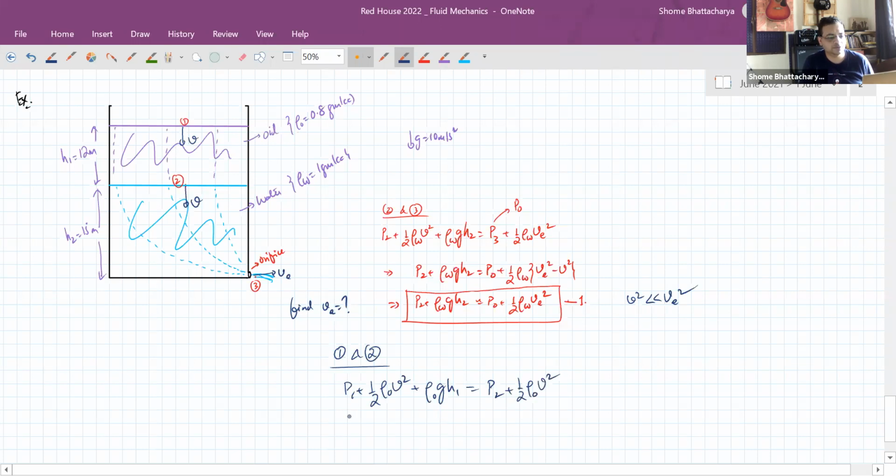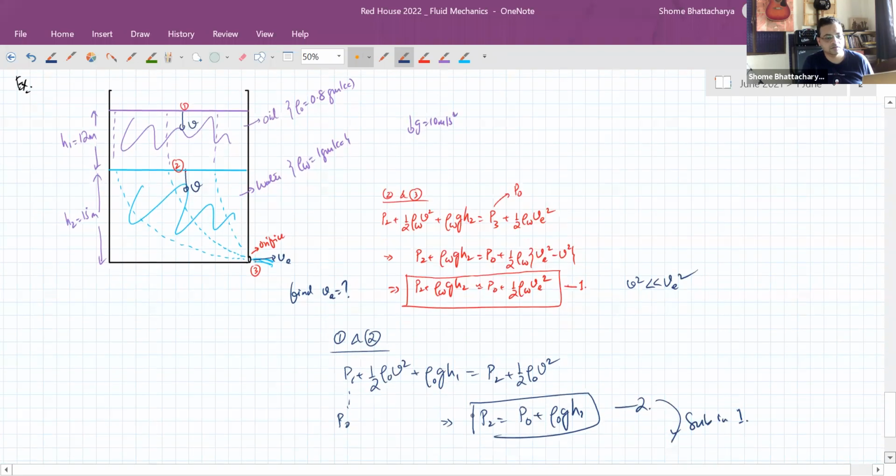And P1 is equal to atmospheric pressure. So we can see that P2 is equal to atmospheric pressure plus density of oil into g into h1. That becomes our second equation. Now we'll substitute this in equation 1, and that's how we'll see that